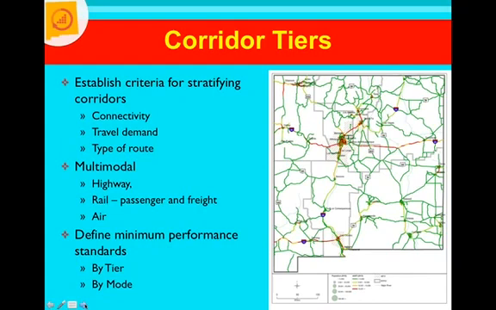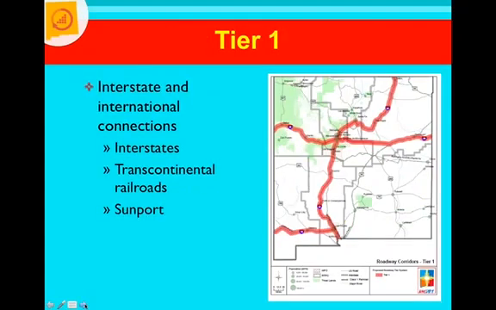As we go to the next slide, we identified the state highway network into some different corridors, and the committees and the working groups felt the need to stratify our corridors based on connectivity, travel demand, and type of route, as well as looking at the multimodal aspects of the contents for our long-range plan. Through this, we're going to look at defining minimum performance standards by tier as well as by mode. So as we go into the next slide, the Tier 1